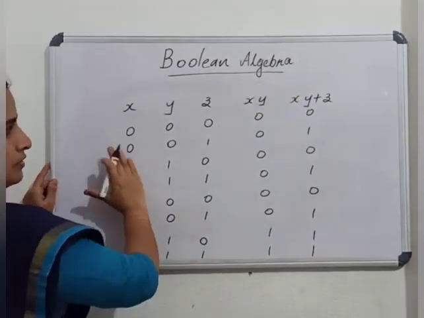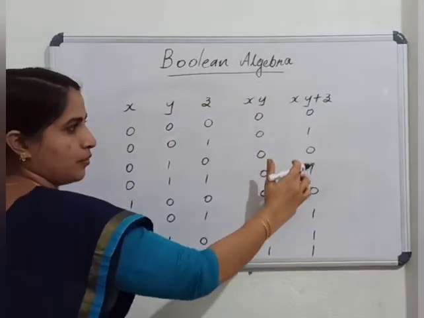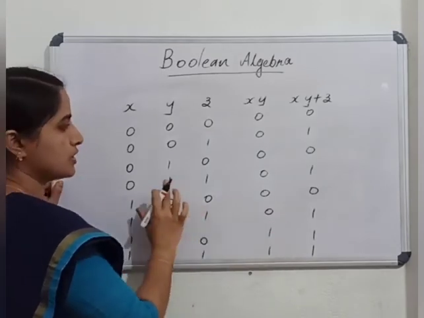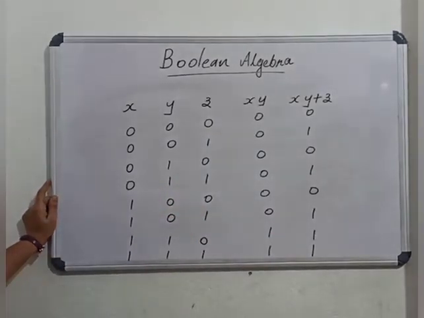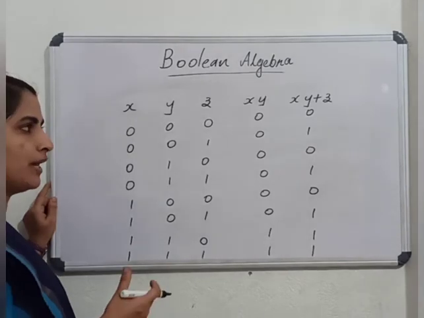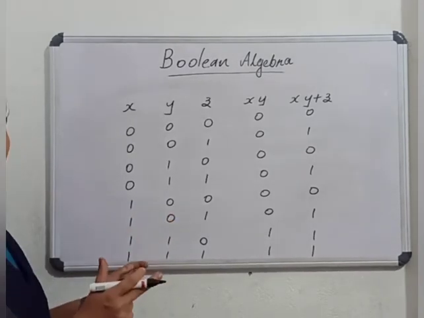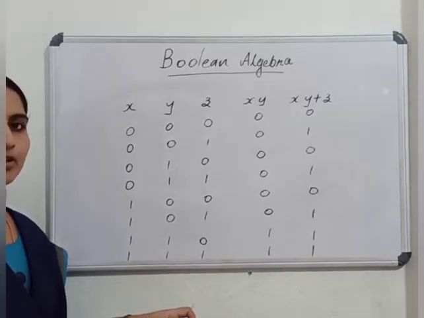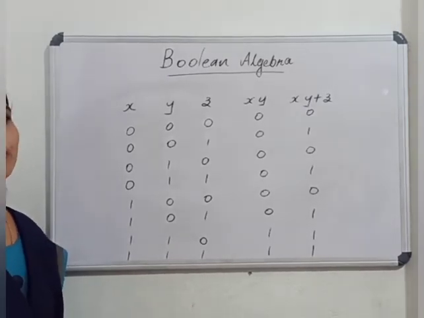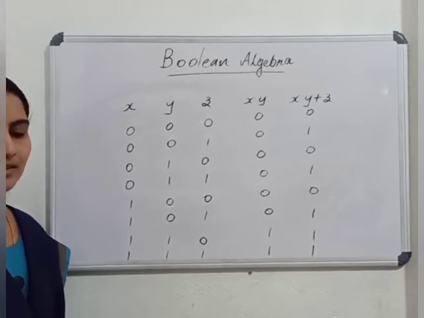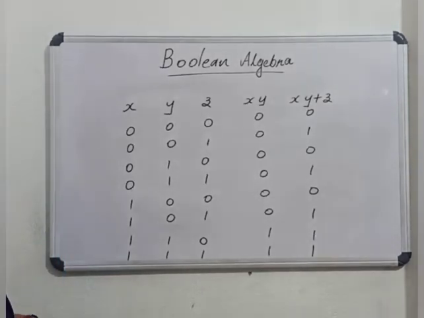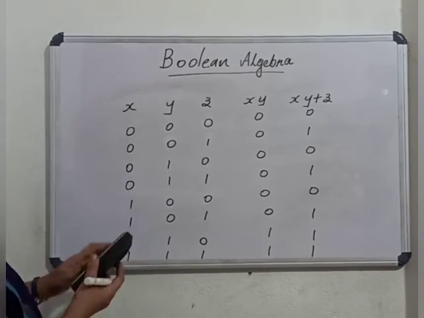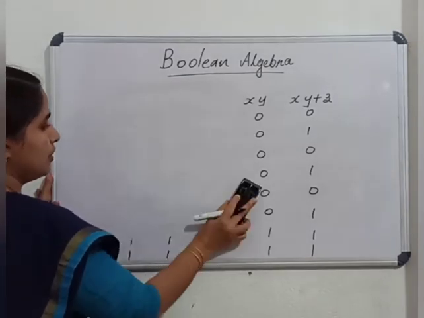All the inputs and the corresponding output. A truth table is a table which shows all the input combinations of a Boolean statement and the corresponding output of all the combinations. It is called a truth table. It is a table with all the input combinations and the corresponding output combinations. Hope it is clear. So please try these two questions and find out the answers.